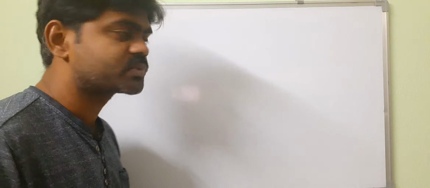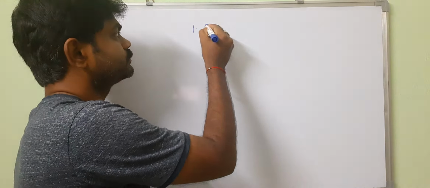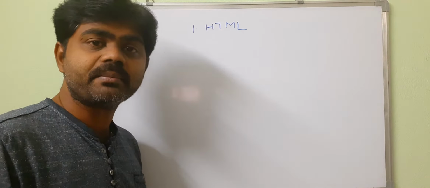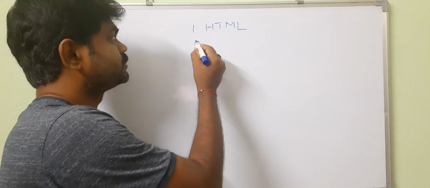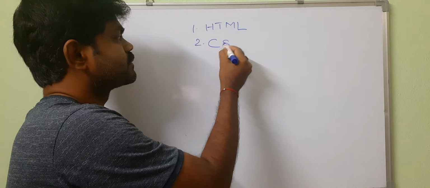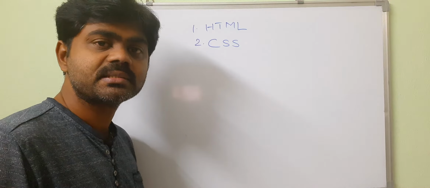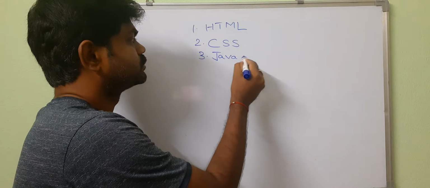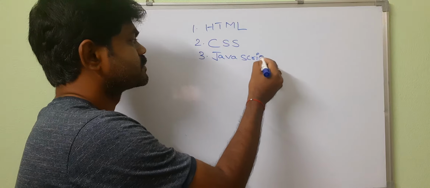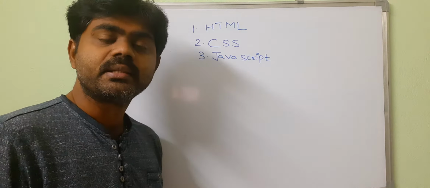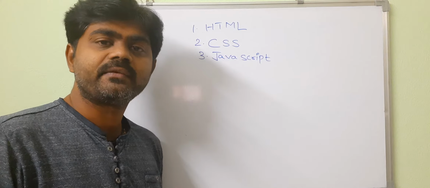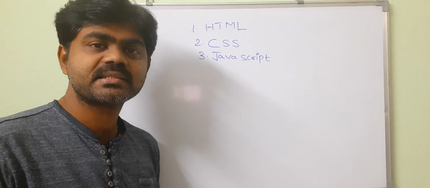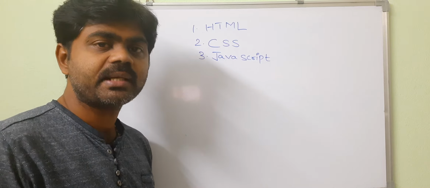Okay, the first one is HTML, the second one is CSS, and the third one is JavaScript. So these three play a major role in web development. So what is HTML, what is CSS, and what is JavaScript? So coming to HTML,